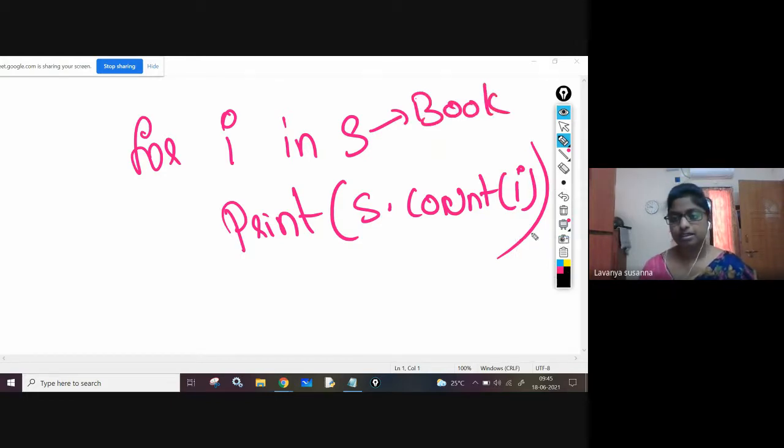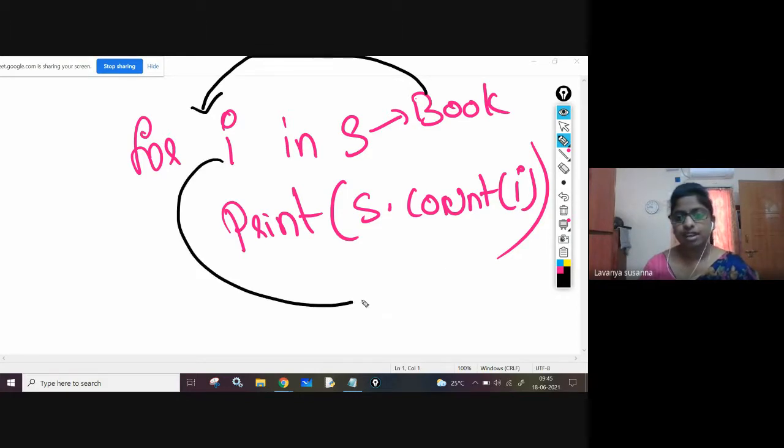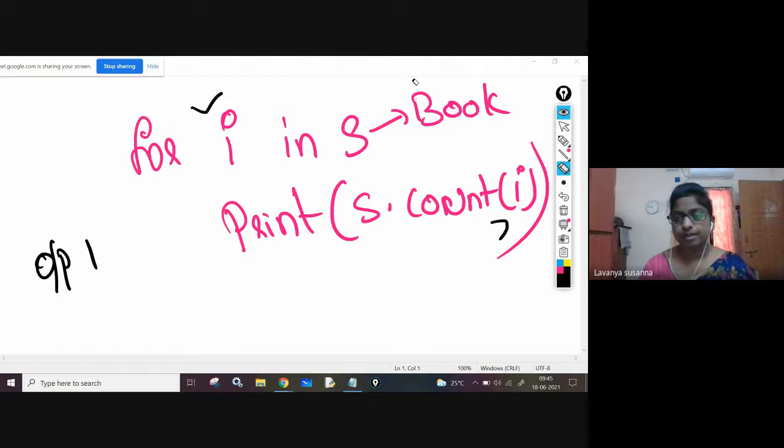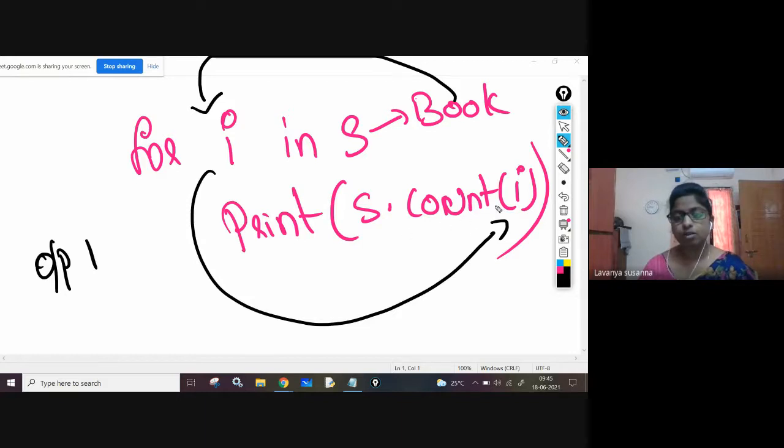See here, B is assigned to I. Now S dot count of B. How many times did this occur? B, only one time. The output will be 1. Next the loop repeats. B completed. Next S contains O. O will be assigned to I. Next again S dot count of O. How many times did O occur? 2 times.